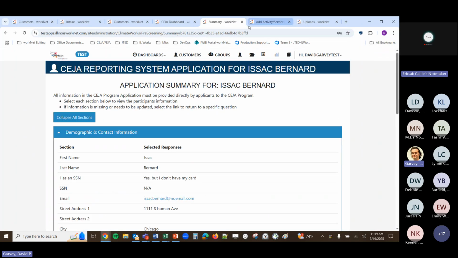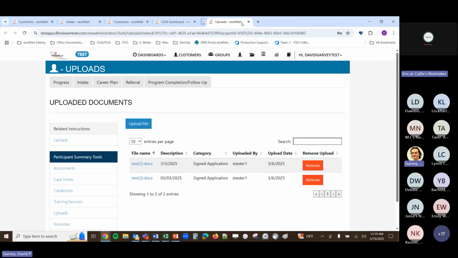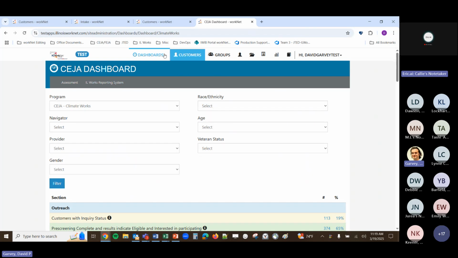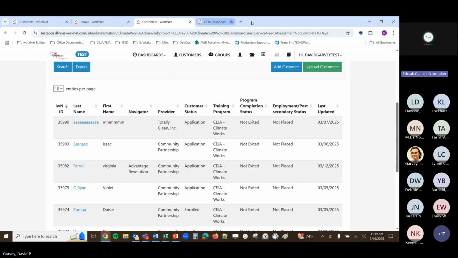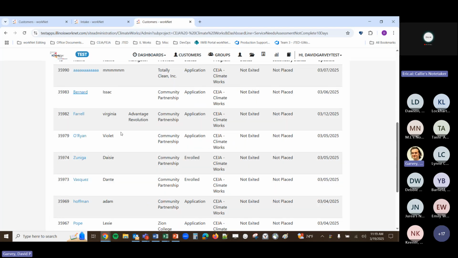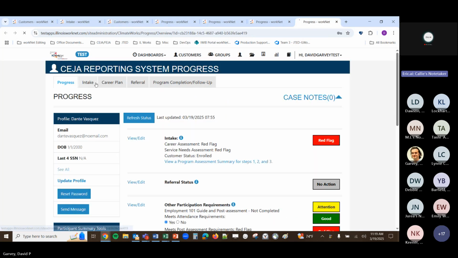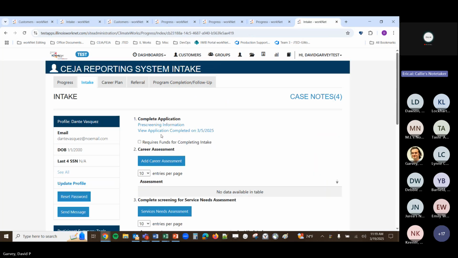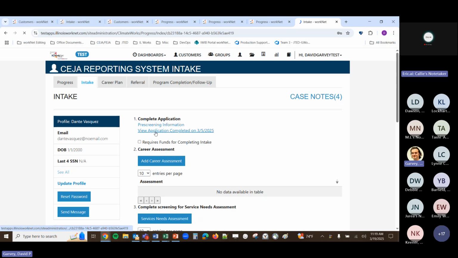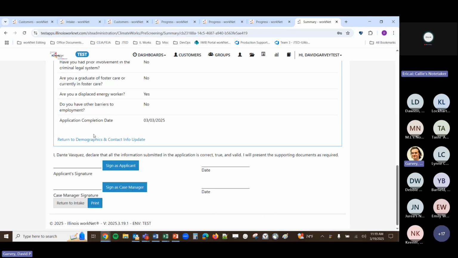Let me find a different participant here. So there's an issue with one of the selections for signing an application. Let me just open up a. Here. Okay, view application completed.